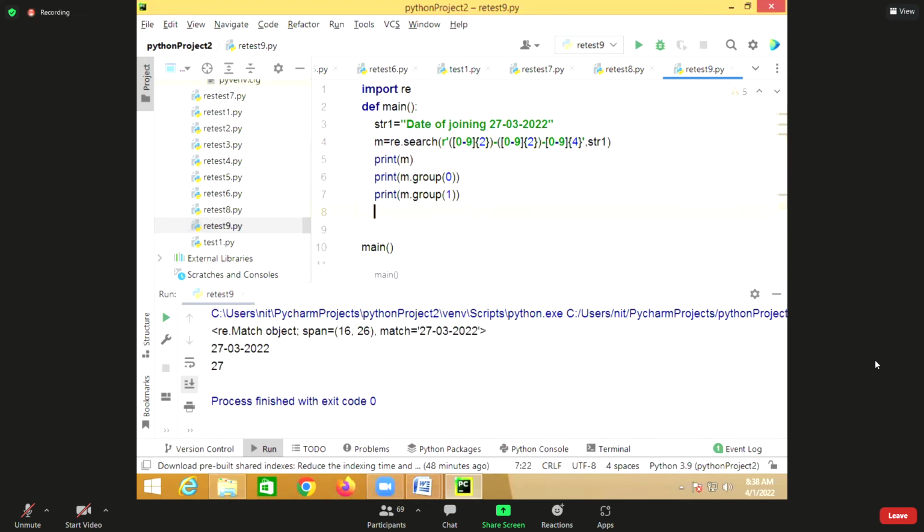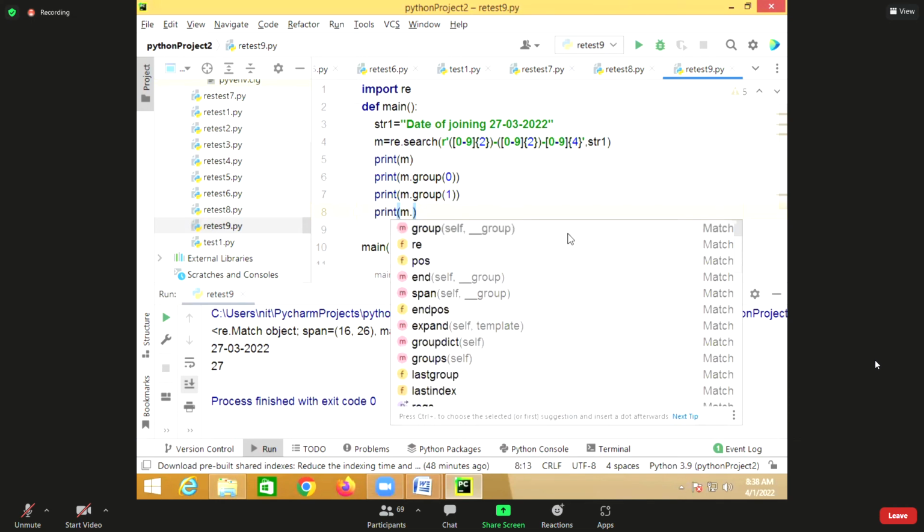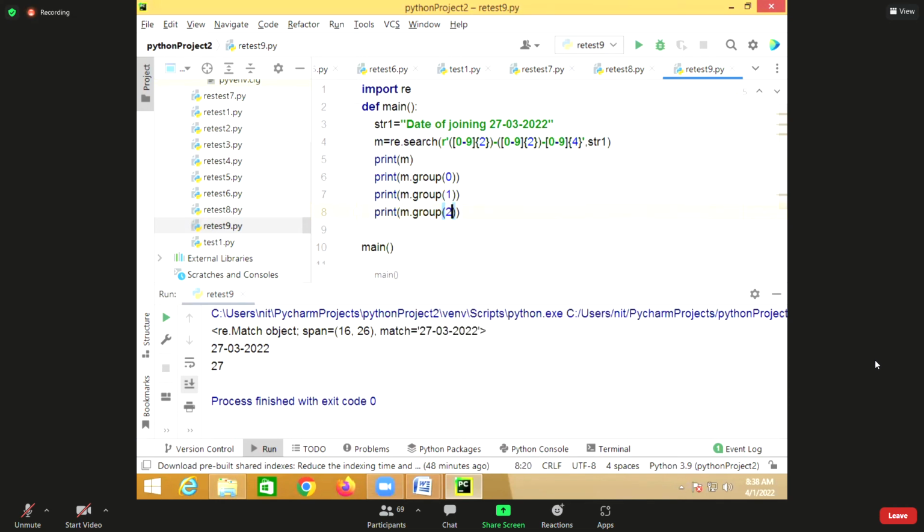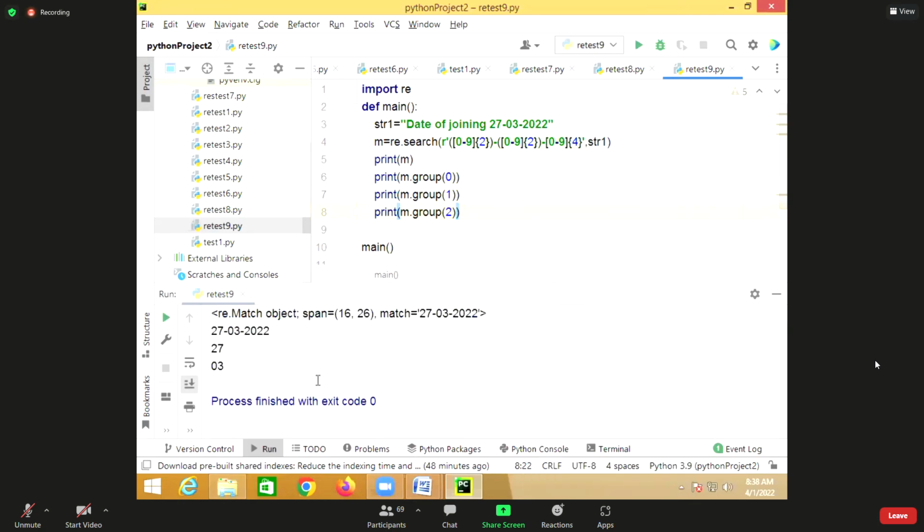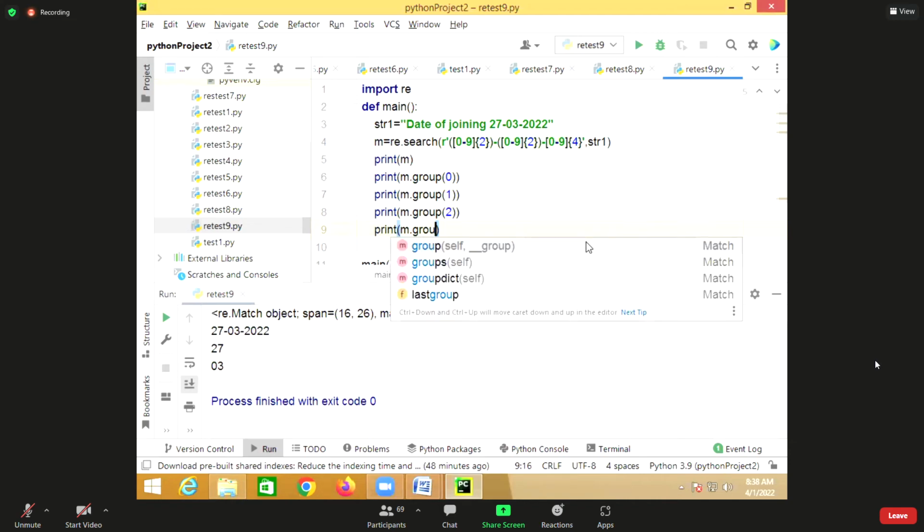Now you can call this group 2. m dot group 2 is the second group, which is 03. Then I write group 3. Group 3 is the year.